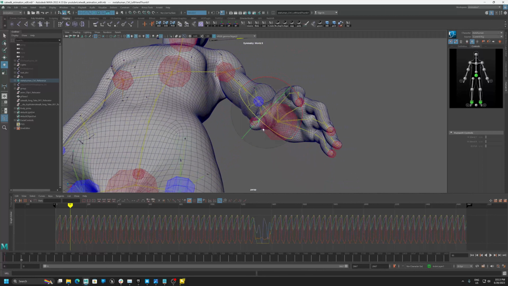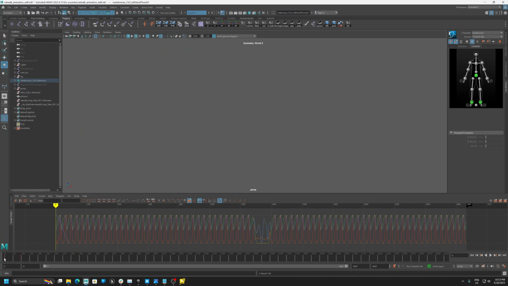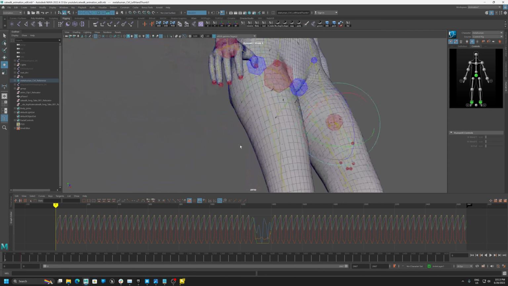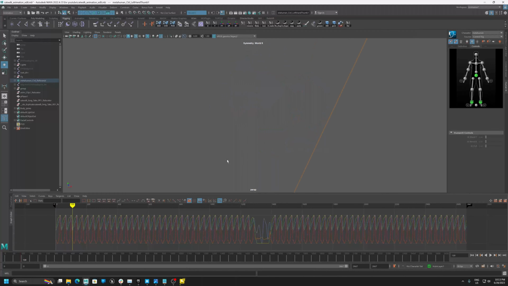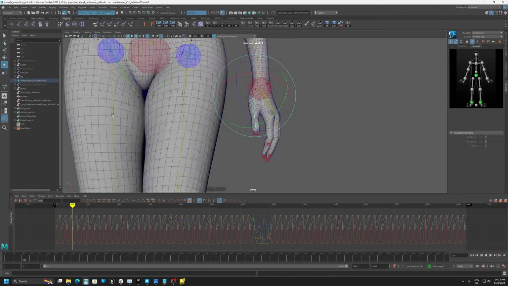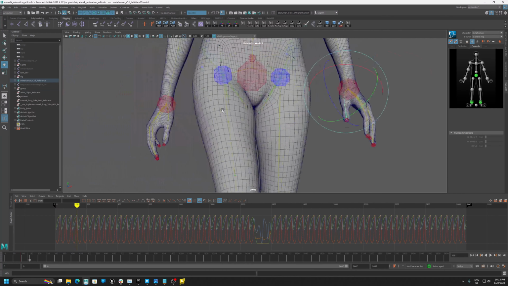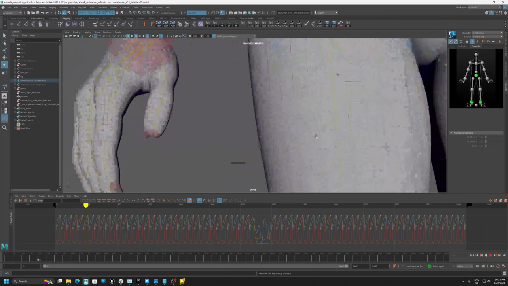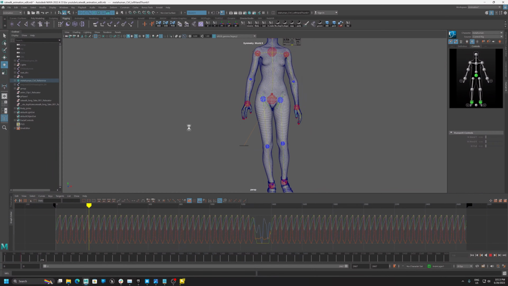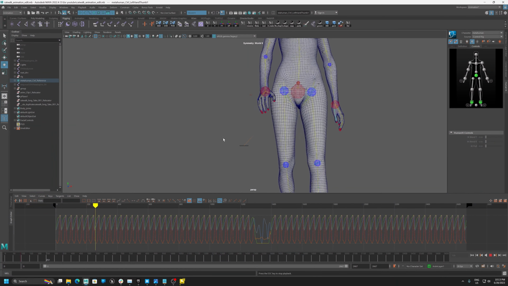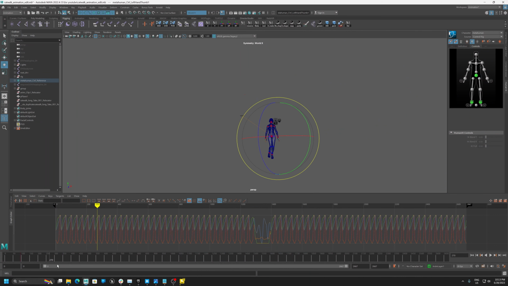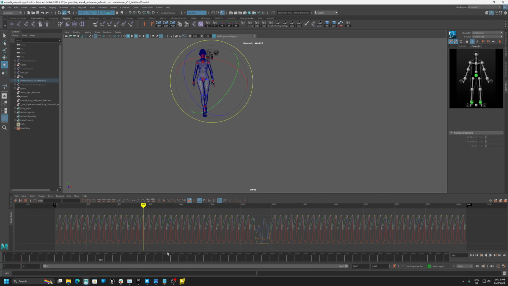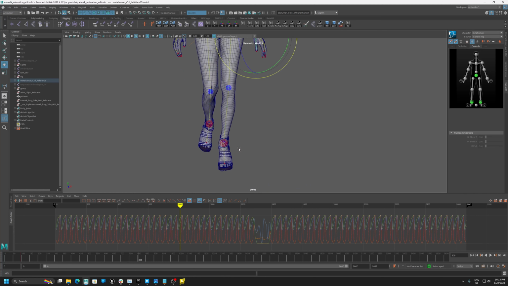No, it's kind of... I'm going to delete the other one. Let me see. Yeah, that's better. Nice. I'm going to save it, and we are going to disable the layer